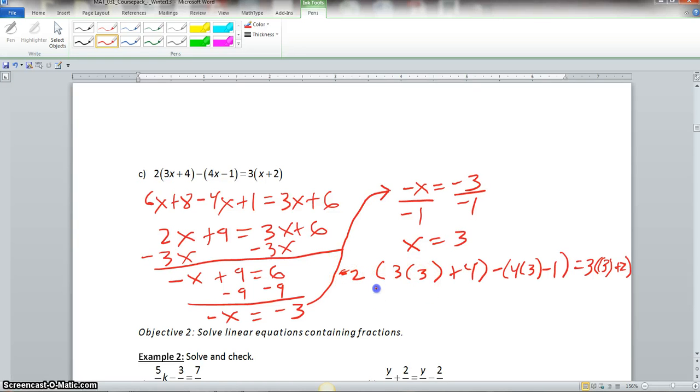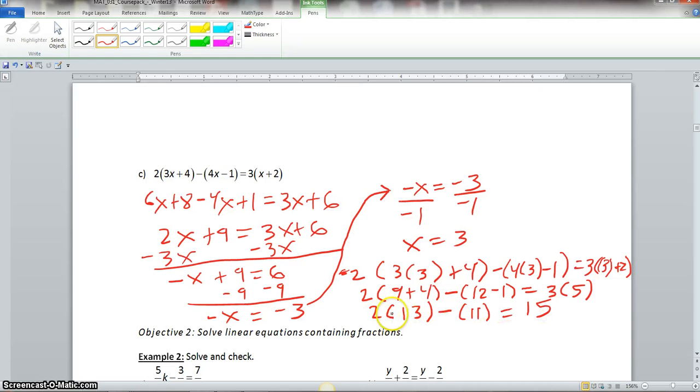Now, we look inside this parenthesis here. 3 times 3 is 9 plus 4 minus 4 times 3 is 12 minus 1. And that equals 3 times 3 plus 2 is 5. Now, we will have 2 times 9 plus 4 is 13 minus 12 minus 1 is 11 is equal to